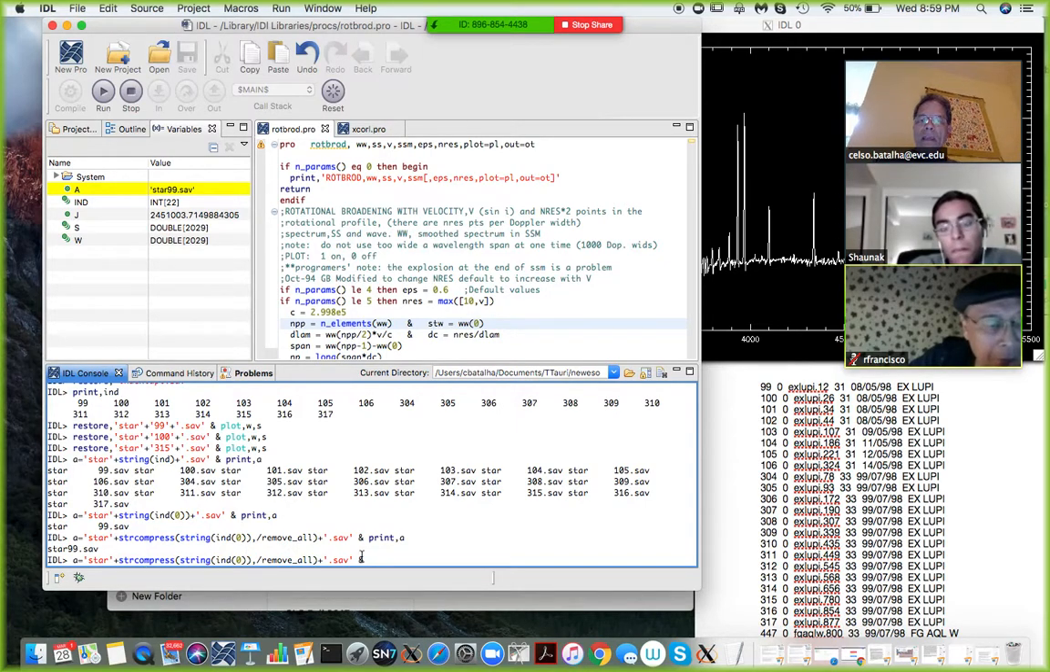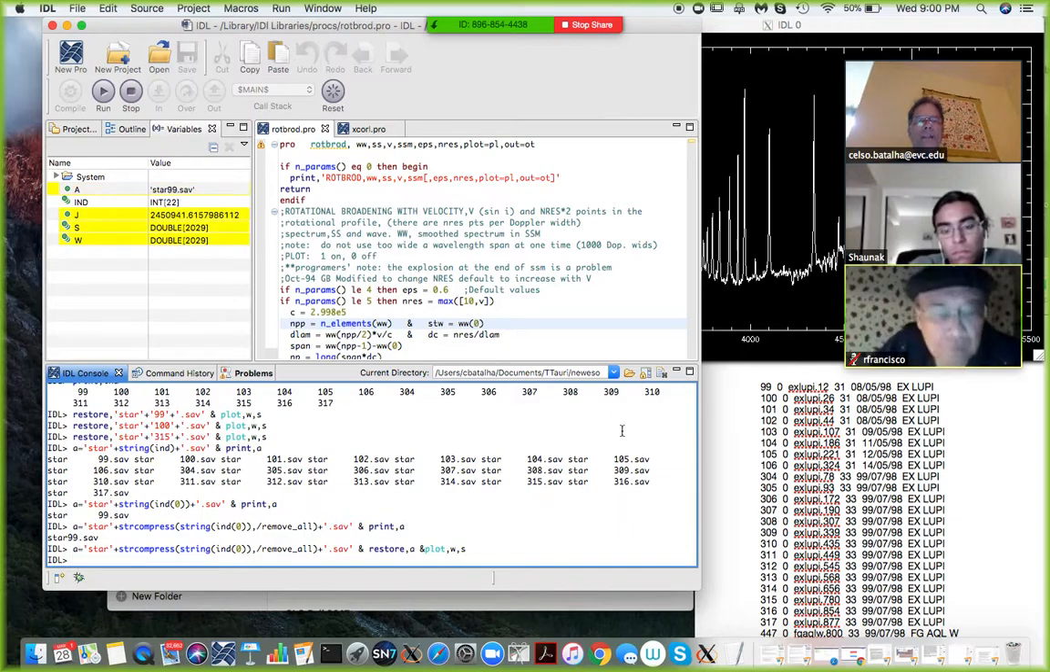Which means I could now, instead of A, I could say restore A, right? I restore that star, and ampersand, I can do plot WNS. And I have my file there. See, it plots all right. But let's say that I want to plot them all. So I could say